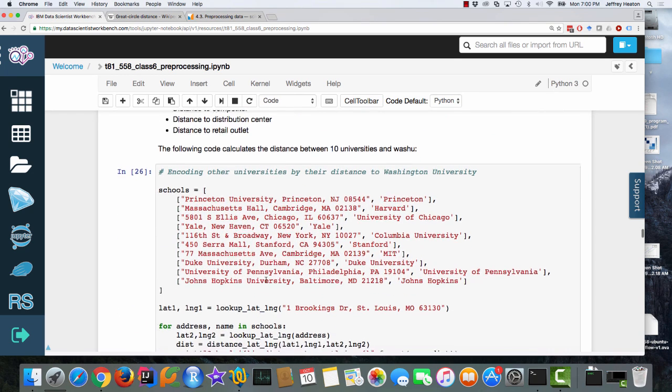This is just a somewhat contrived example, but I basically looked up the mailing addresses to 10 universities and just showed how you would do this in a loop. And I just calculate the distance between each of these, and these are the top 10 US News and World Report. Basically, because I wasn't feeling creative, that was just a nice, easy list to grab. But this does show you some interesting things that I've dealt with in addresses that are like Princeton. The address to Princeton it's